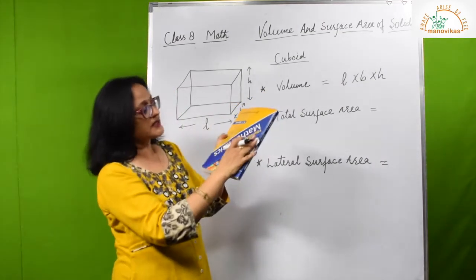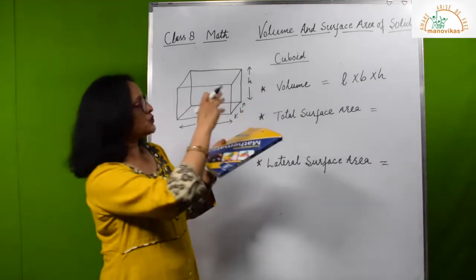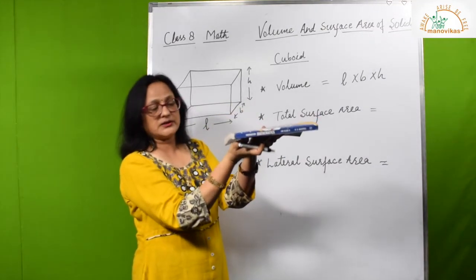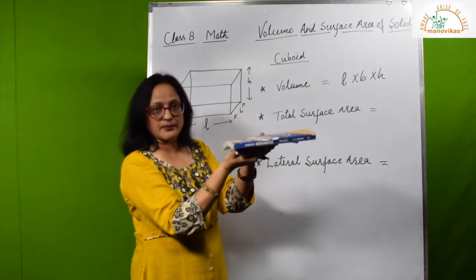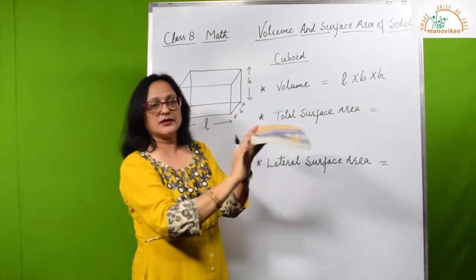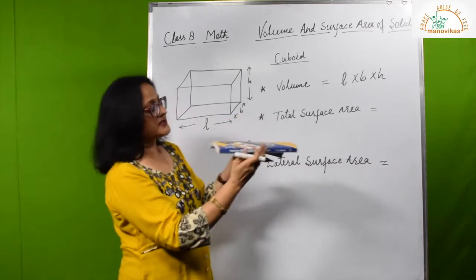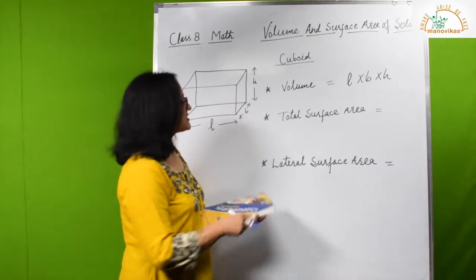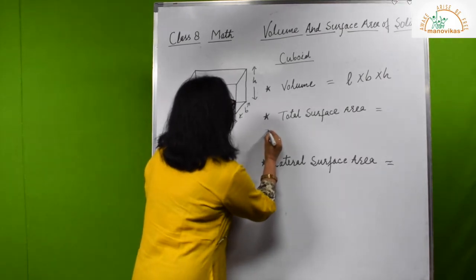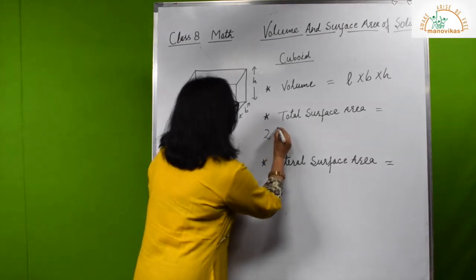Now all these we will take twice, because each face has one more face opposite to it that is exactly the same. Top and bottom are 2 faces, and this and the opposite face. So each face area will be doubled. The total surface area will be twice the sum of each type of face. So 2 into